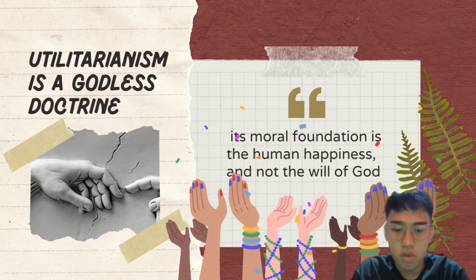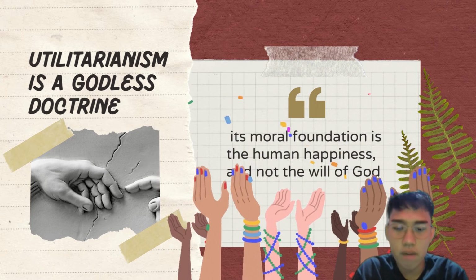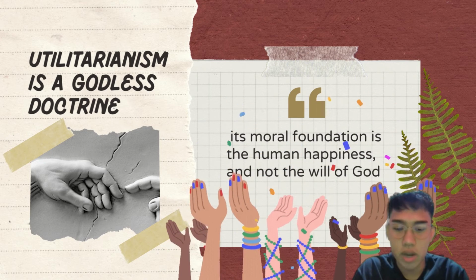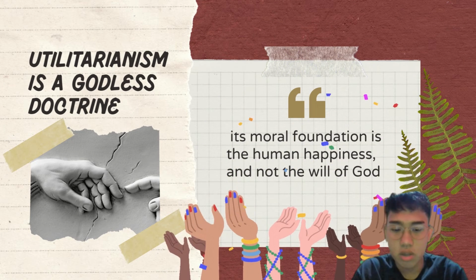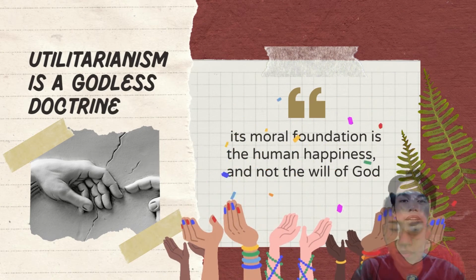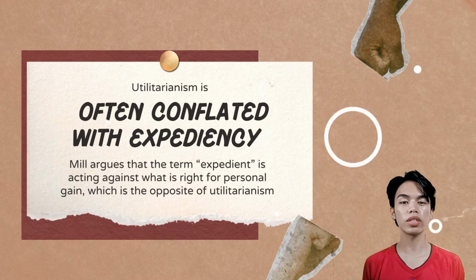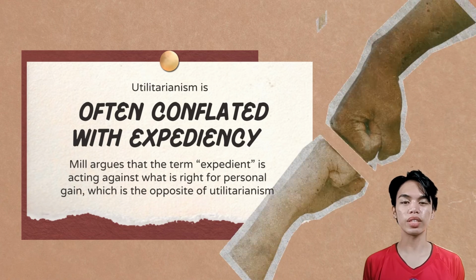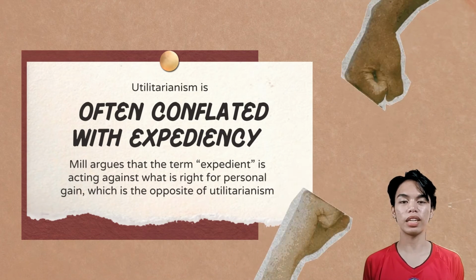Utilitarianism is frequently confused with expediency and thus considered immoral. However, the term expedient usually refers to going against what is right for the sake of personal gain or short-term objectives. As a result, rather than being useful, this definition of expediency is actually harmful. Next, the utilitarian view is often dismissed or stigmatized as an immoral doctrine by generally naming it as expediency. Expediency means achieving something to attain convenience or practicality, even if it will be morally wrong or bad in general.